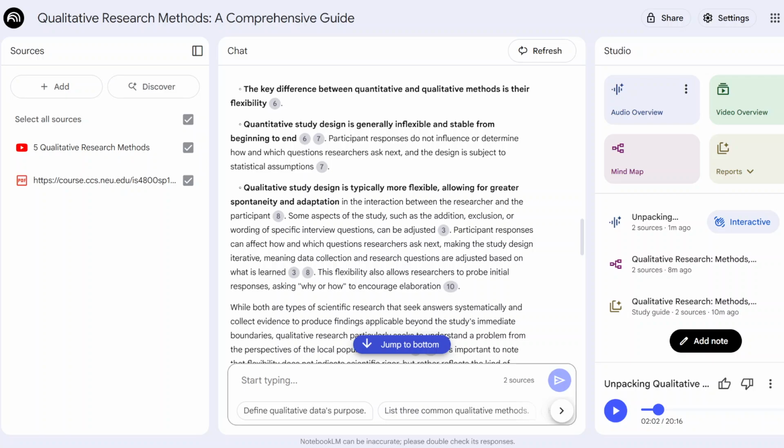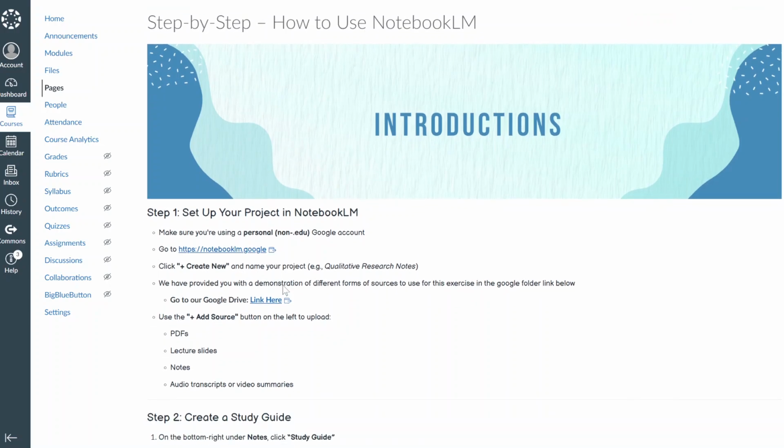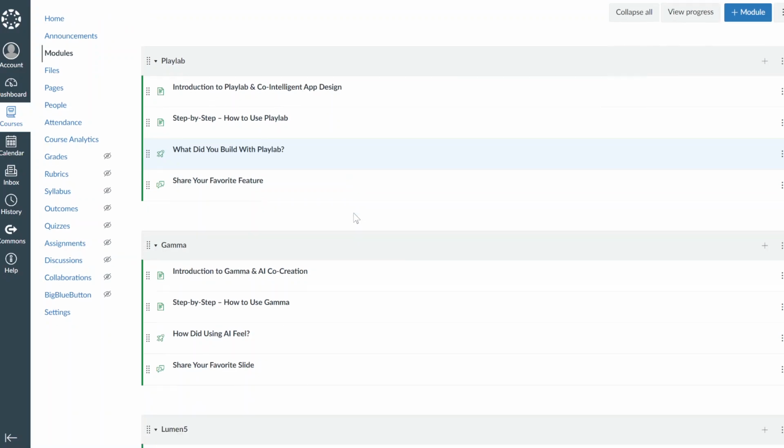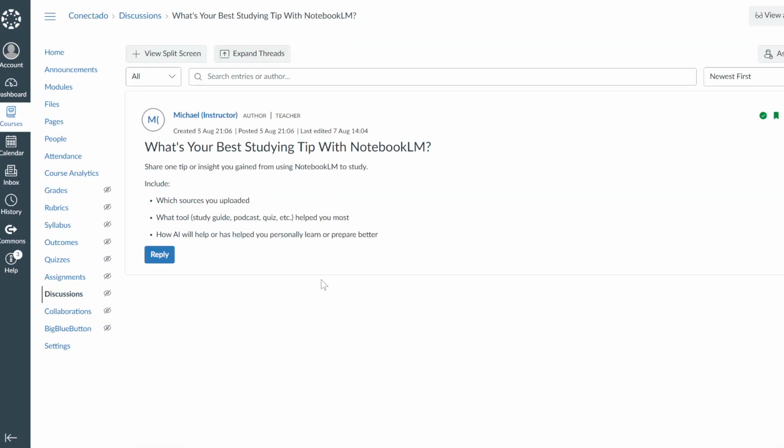Now, to complete this mini activity and submit your NotebookLM materials to gain credit for this module, I want to go back to Canvas. And what we're going to do is we're going to navigate to this discussion board under NotebookLM, where it says, "What's your best studying tip with NotebookLM?" Let's go ahead and click that. So in order to get credit for completing this module and this mini activity, what you're going to do is simply create a response to this discussion,